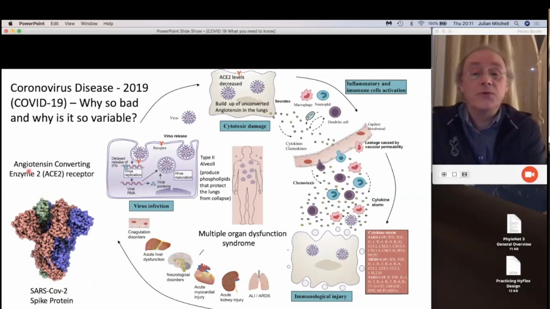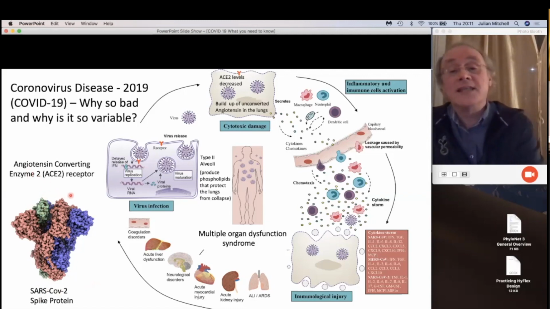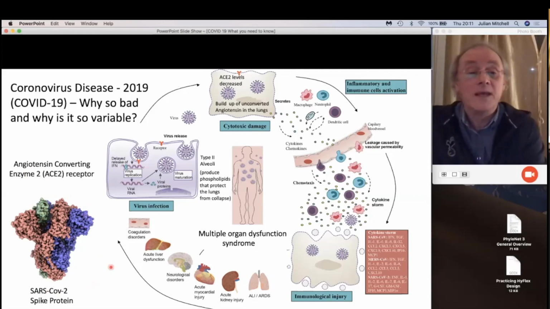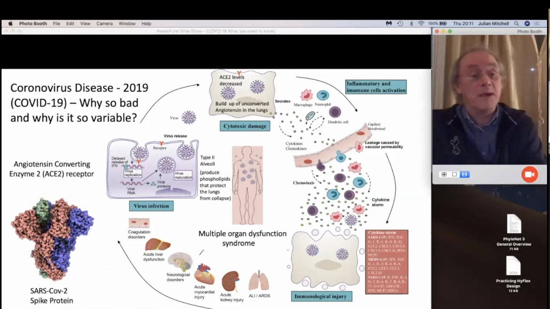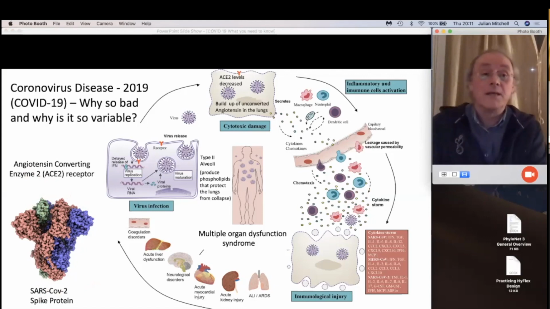Now, ACE2 stands for angiotensin converting enzyme. And this is what actually is one of the reasons that makes this type of infection very nasty, because this receptor is an enzyme on the cell that converts the protein angiotensin. Okay, now angiotensin is involved in controlling whether your blood vessels dilate or constrict. Okay, now